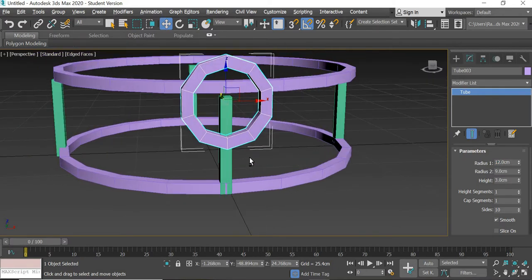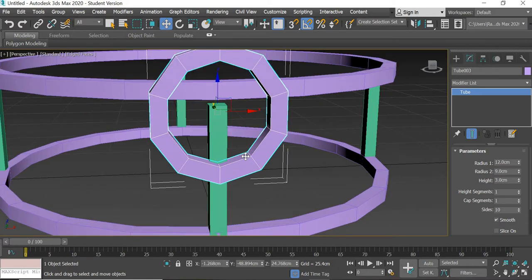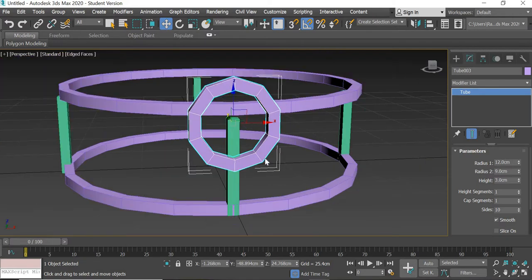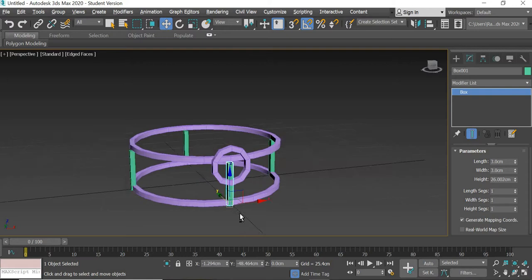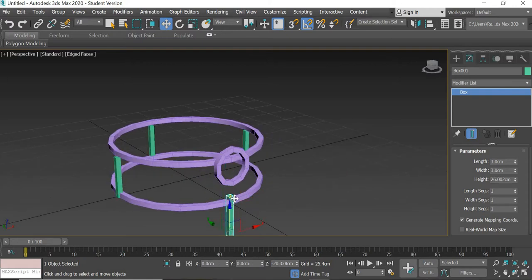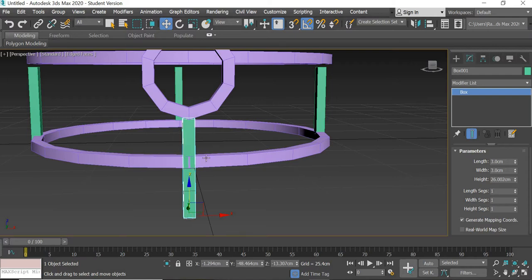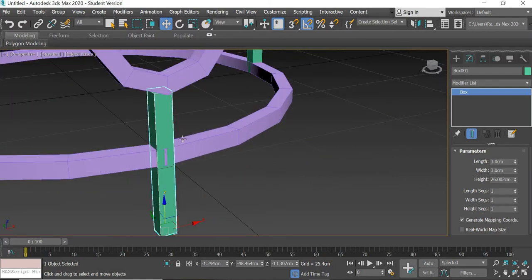Alright? And then this will go like this. Alright? And then this length can be increased later on. Alright? So now this object,